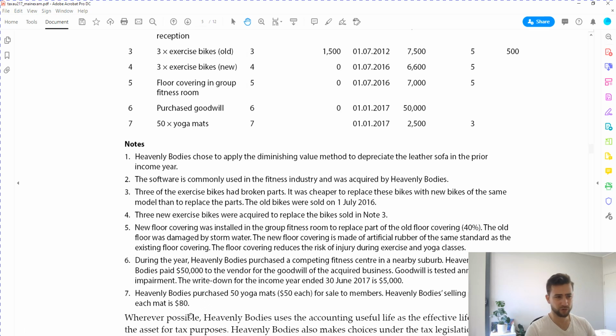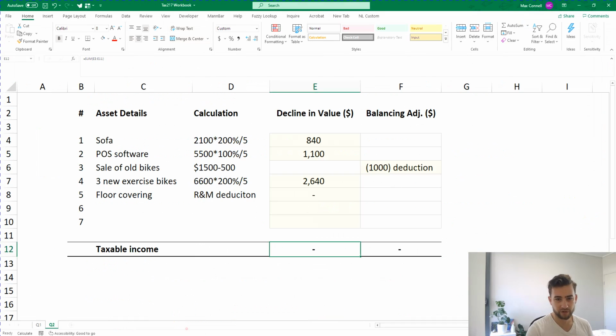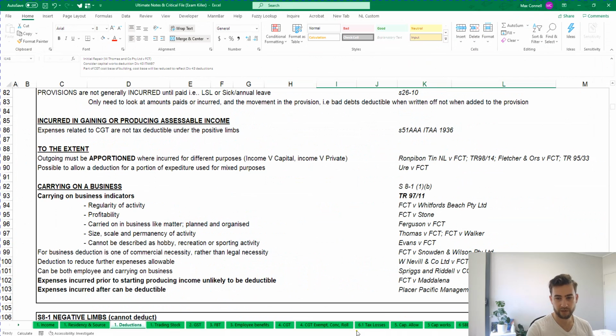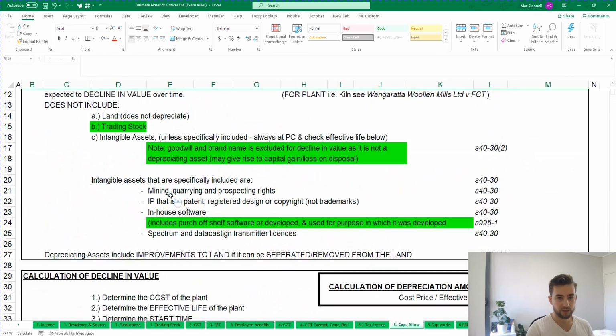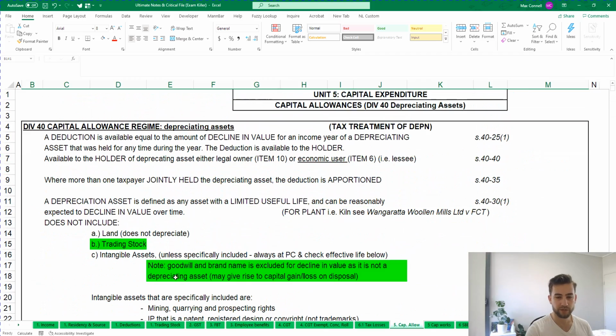Okay, so what do we know about goodwill? It's not a depreciating asset. Logic will tell you that, because that would be an impairment expense, not a decline in value. But let's pull up our capital allowances just so we can prove this. So we need to know what kind of intangible assets actually fall under this. So we know here,